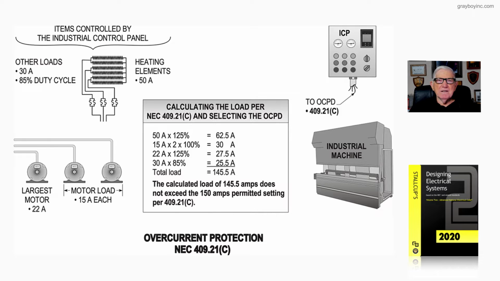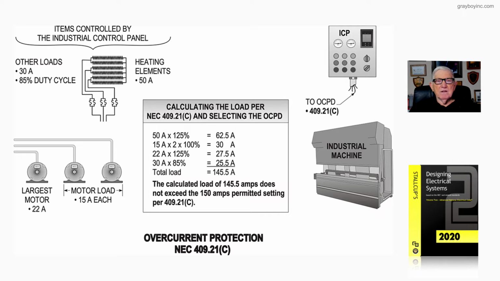Figure 16-68 shows a procedure for calculating and sizing the overcurrent protection device that would fall in line with a setting in 490.21(C) in the NEC. Now notice the loads and items that the control panel must control is the heating element